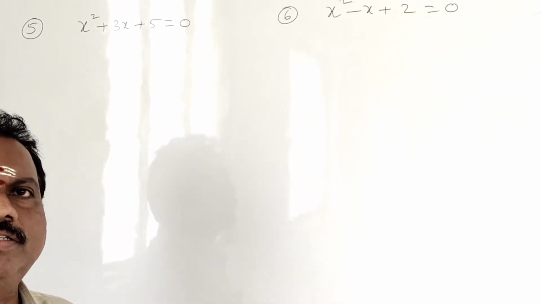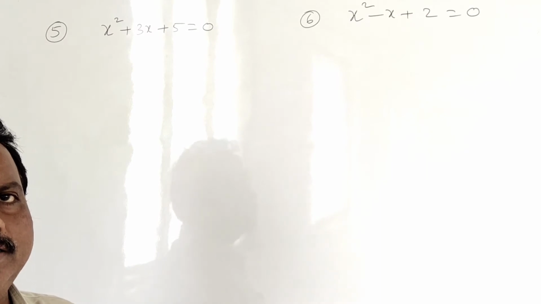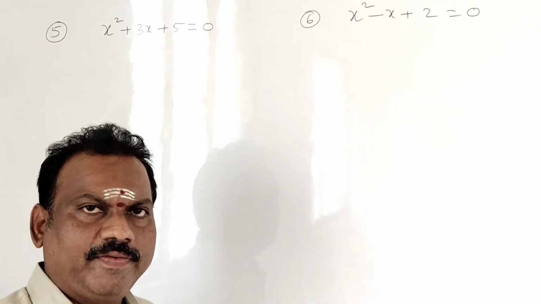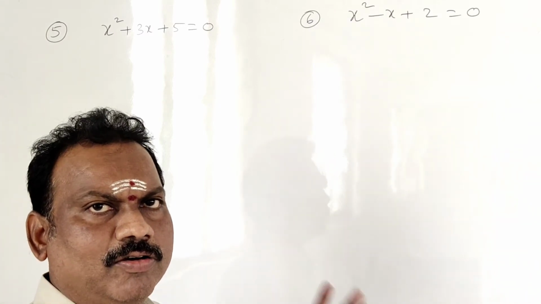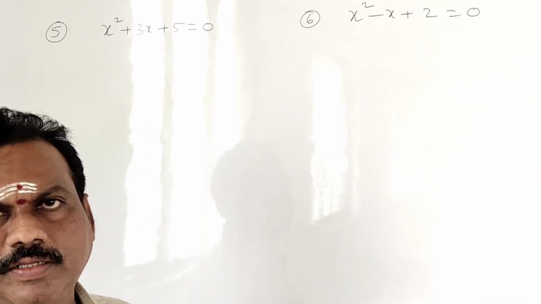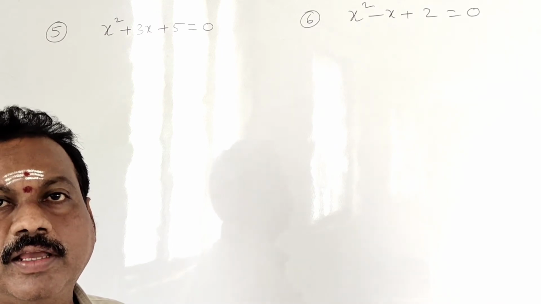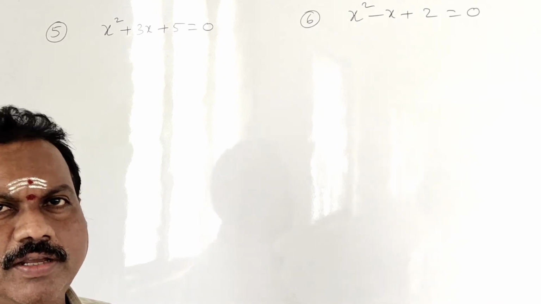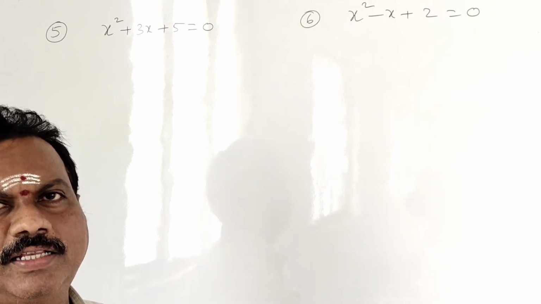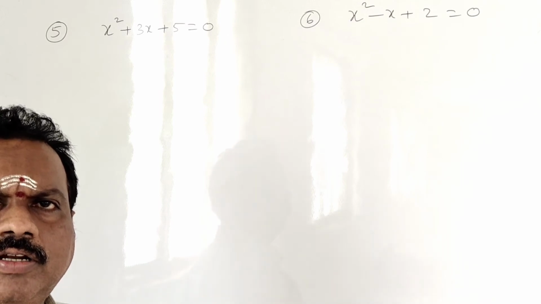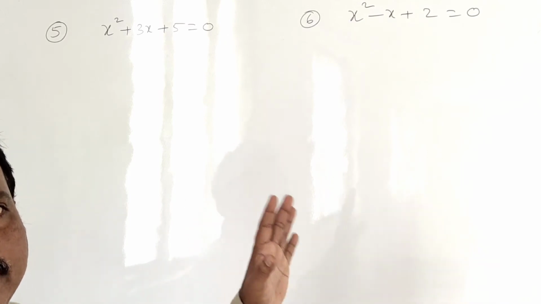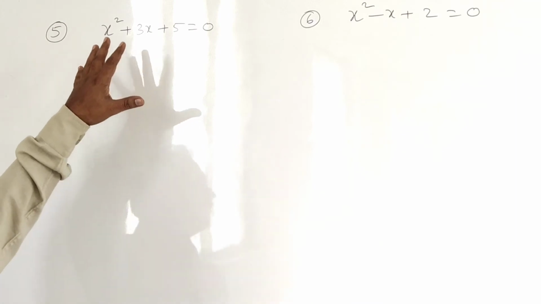Good morning, students. In the last class we explained the quadratic equations concept and we started exercise 5.3. We completed a few problems, I think we completed 4 problems. Now we will go through the 5th problem. Solve the quadratic equation, or find the roots of the quadratic equation, or find the x value of the quadratic equation. So the roots, solution, zeros and x value are all the same. So now we are solving the 5th problem.